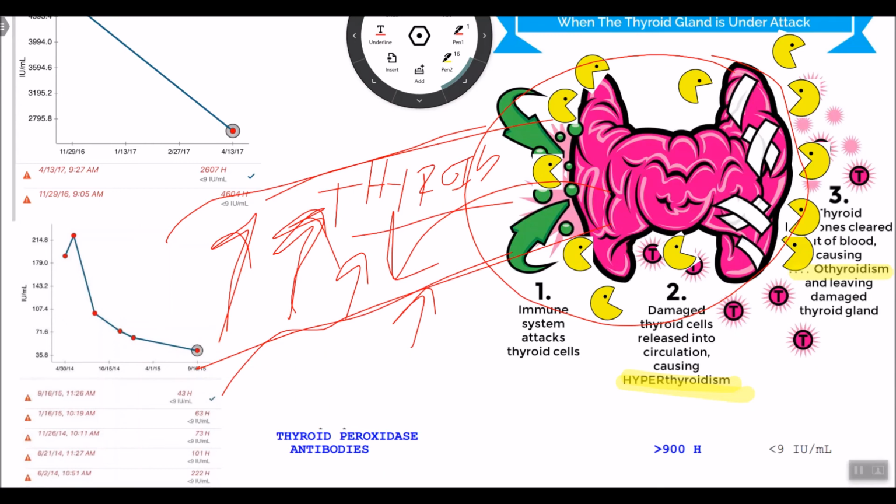Does that make sense? They can't just order tests willy-nilly because you went on the internet and you think you might have Hashimoto's disease. That's not how it works. They actually need justification to run this test. And if there's no treatment to change their treatment protocols, they can't run it. So for example, whether you have Hashimoto's disease or not, they're going to give you Levo or Synthroid. That's a standard treatment. So it doesn't matter if you have Hashimoto's or not in the conventional system.